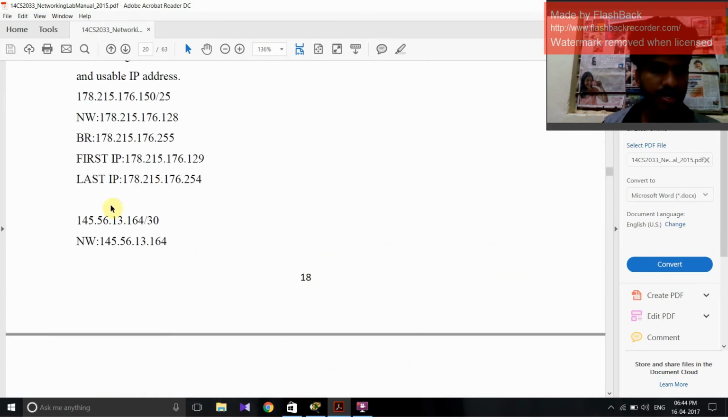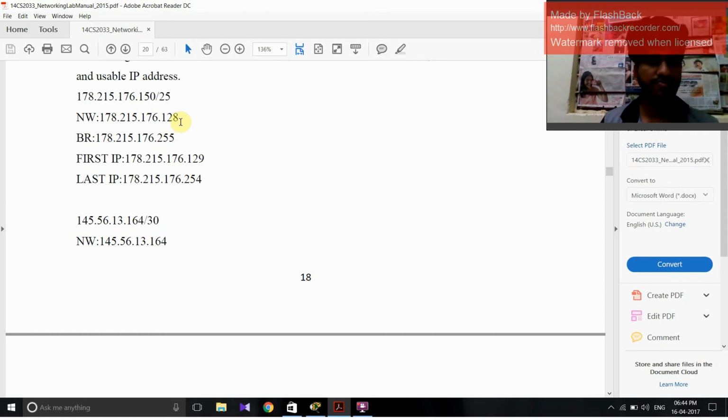There are the rest of the things, and these are the network addresses which are given. So these are the first IP address and last IP address. I didn't mention it above over here. These are the given IP addresses. From the network address, you can test like this. If I borrowed 2 bits, I can have two IP addresses of that. First IP address is this, and second IP address is this, and these are the last IP address of that. From here it is a network address, but